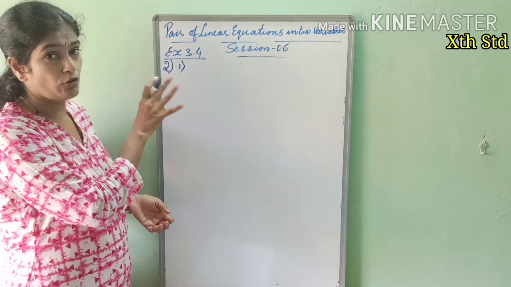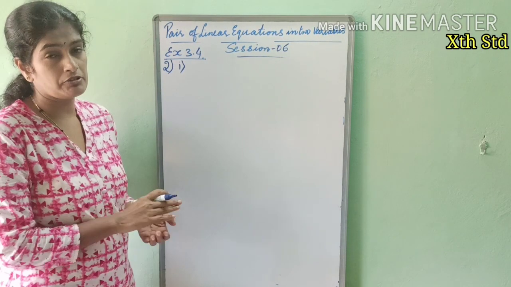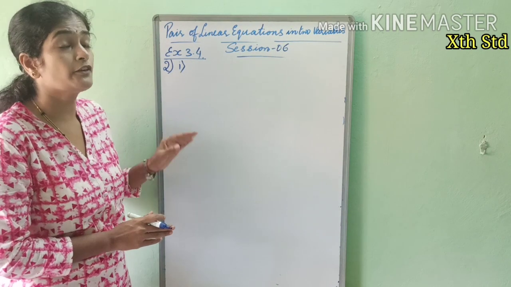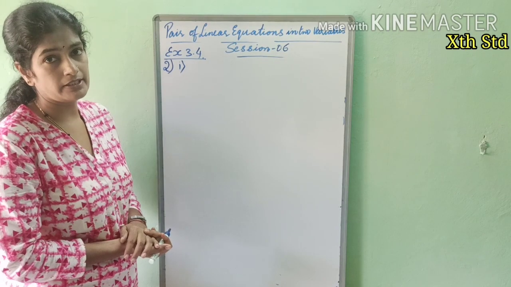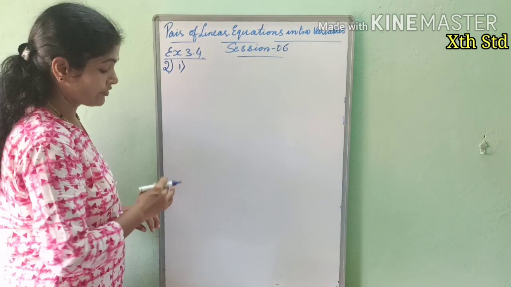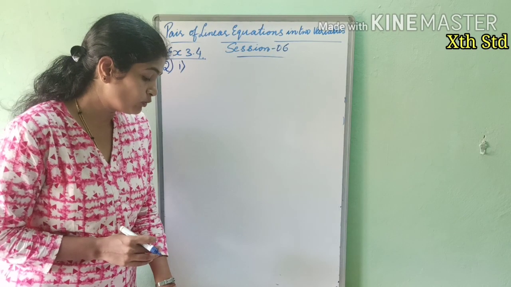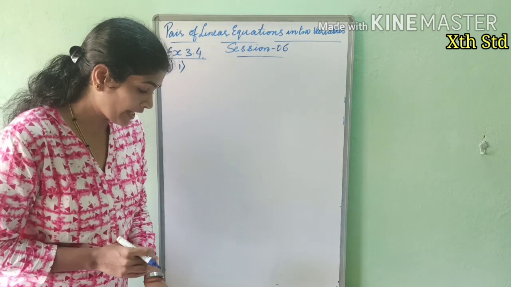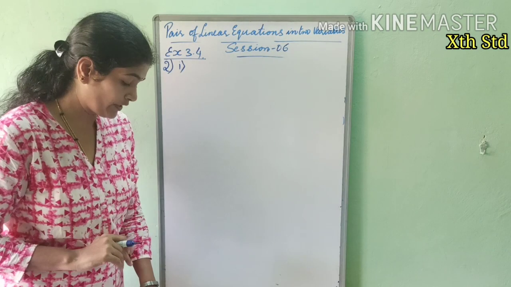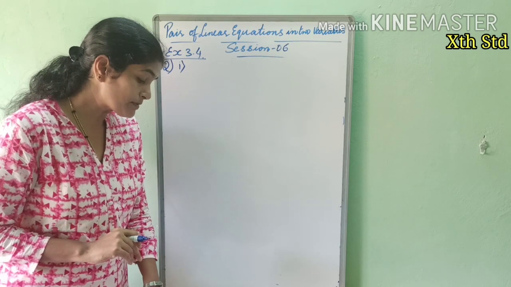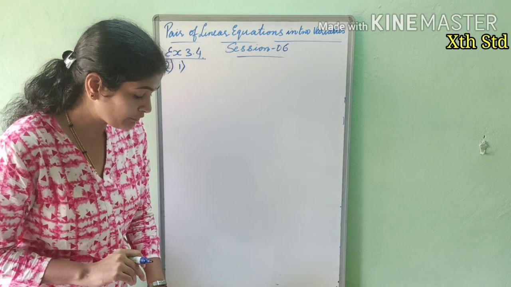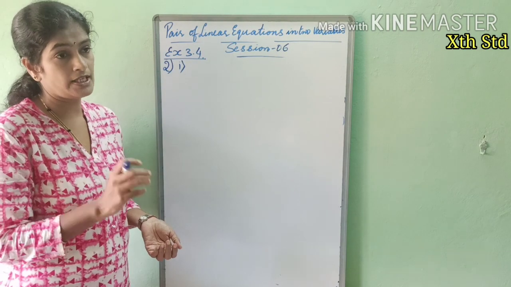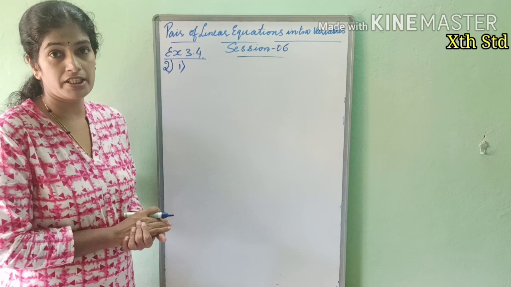So first, let's focus on framing the equations for the given statement problems. Once it is framed, then we will check whether a solution is there. If a solution is there, then we will solve it by elimination method. So first question we will look into. If we add 1 to the numerator and subtract 1 from the denominator, a fraction reduces to 1. It becomes 1 by 2 if we only add 1 to the denominator. What is the fraction? The fraction involves numerator and denominator.